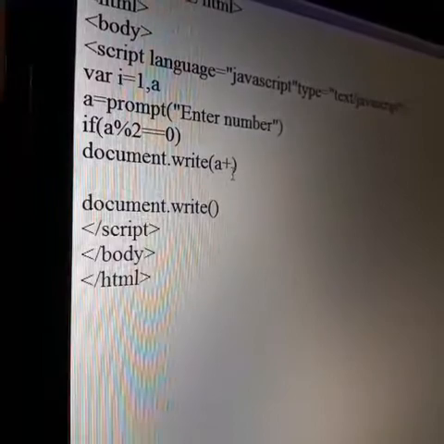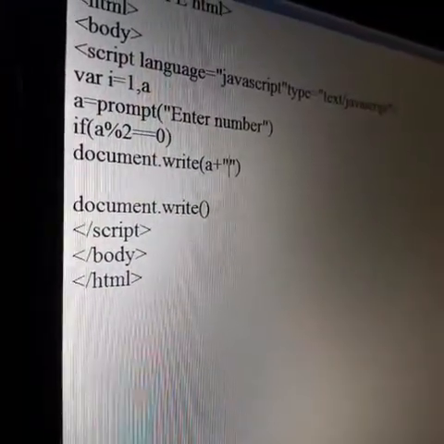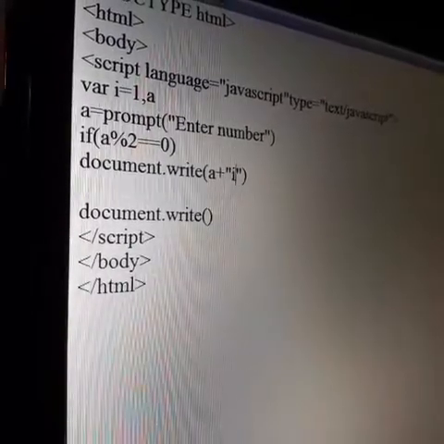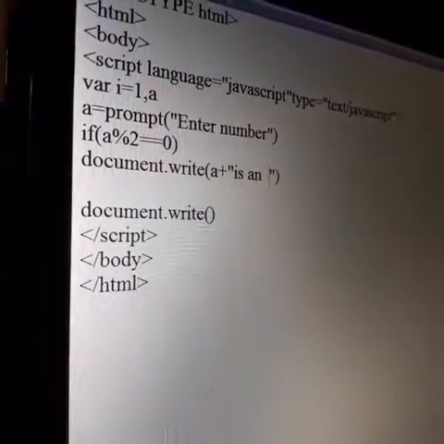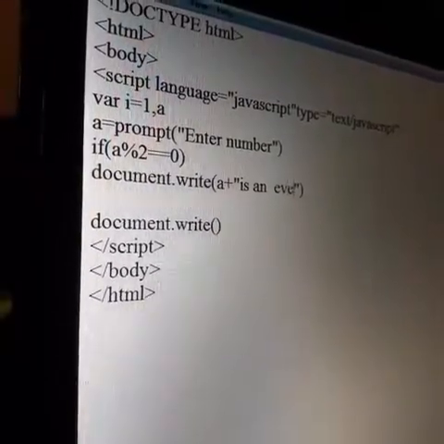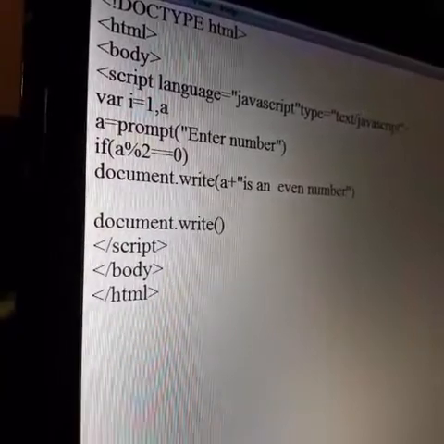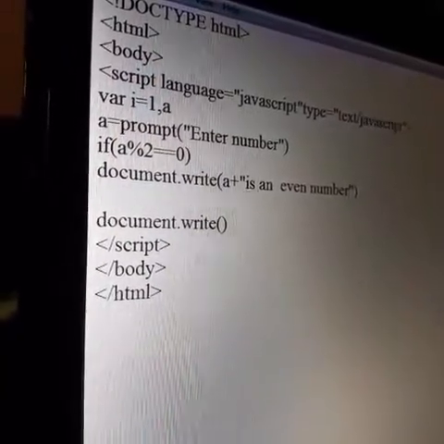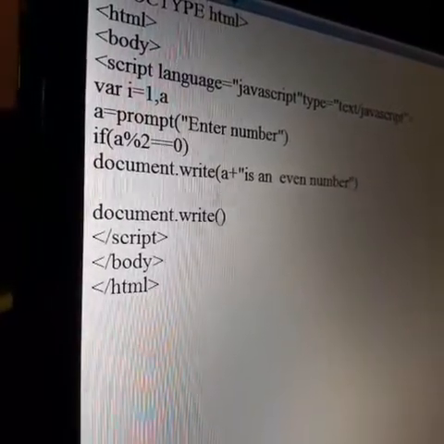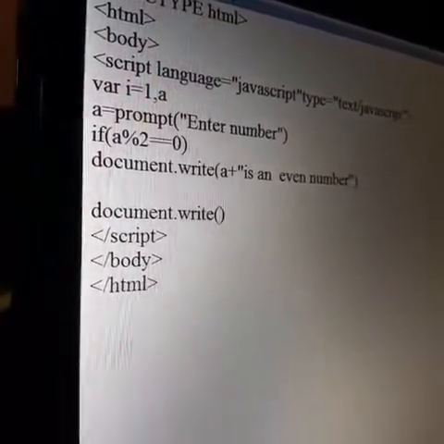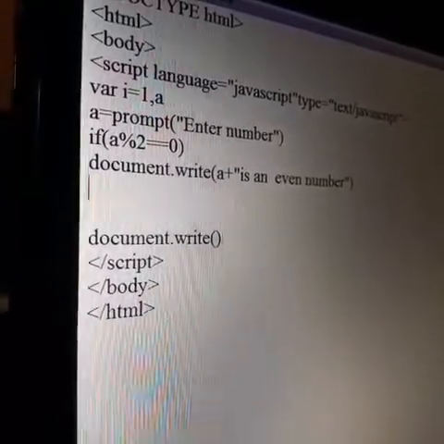A plus, then inside double inverted commas, the statement which is going to display in the output screen: " is an even number". So a plus " is an even number". In place of a, the actual value is going to display. There is no false statement, so only the true statement is there.